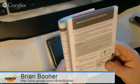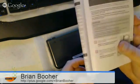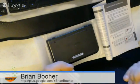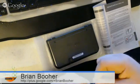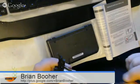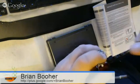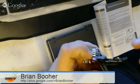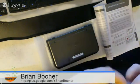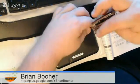Okay. Loosen the 2 crosshead screws on the back with a screwdriver. Not included. Well, of course it's not included. Luckily, I have my handy dandy IT knife. Comes with its own. I can get into any computer that I want. Now, unless I have torque screws that are smaller than this, because my original bit broke, and those things cost $4. So